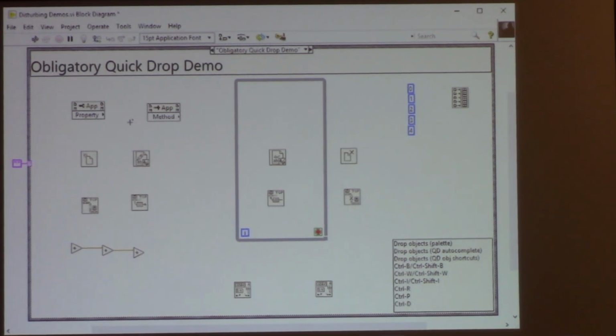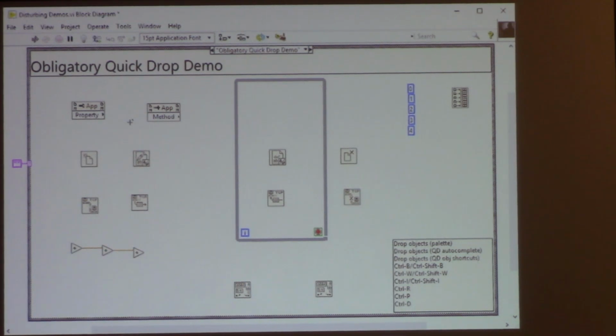So normally when you're programming with LabVIEW, sorry to those of you who are lefties or use Dvorak keyboards or some other weird thing, but you've typically got your left hand right here on the keyboard, your right hand's typically over here on the mouse. Again, it's not everybody, but it's most of us. Now if I had to type in, say, P in property node, right? Well, the P is over here on the keyboard, so my mouse hand would have to come over, type the P. We don't want that. We want the vast majority of things that we're dropping with Quick Drop to be typable with your left hand,